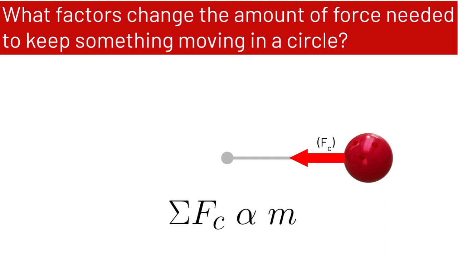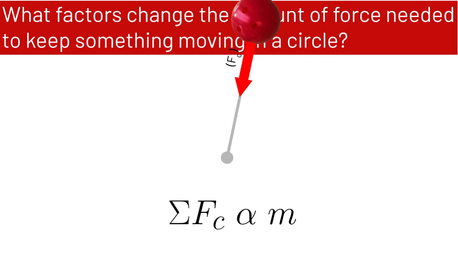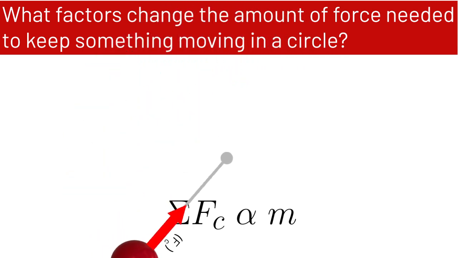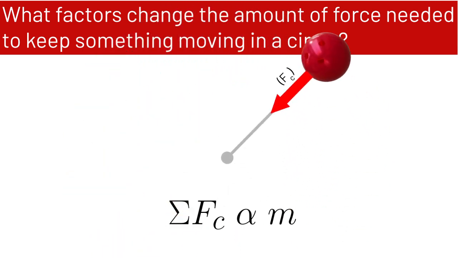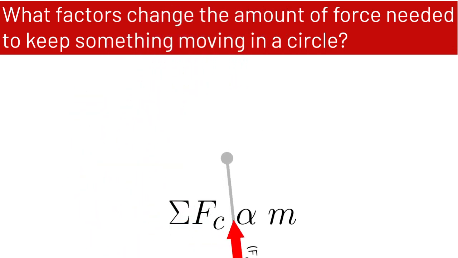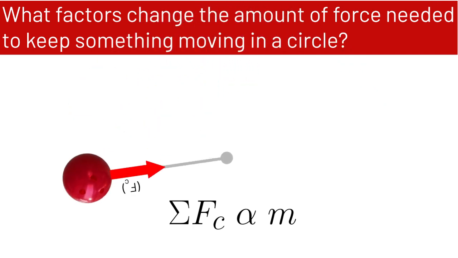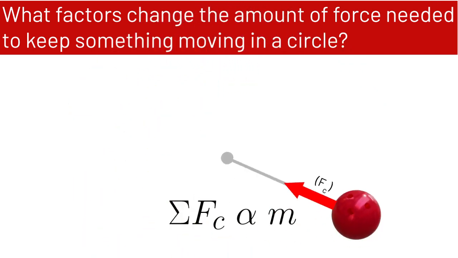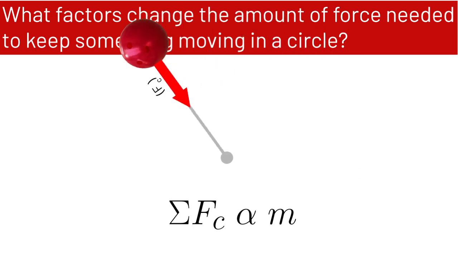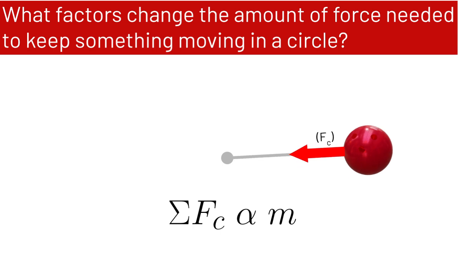Here you can see our proportionality with mass is the same as the proportionality for velocity, except that it's not squared. It's a direct relationship. So the greater the mass, the greater the force it takes to swing it, which makes sense. The greater the force to keep it going in a uniform circle. So the greater the mass, the greater the force necessary to keep the object moving in a uniform circular motion.